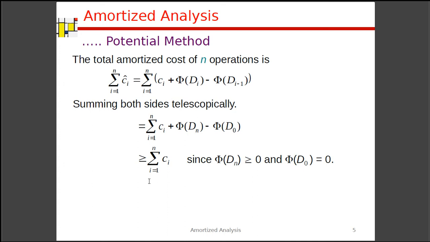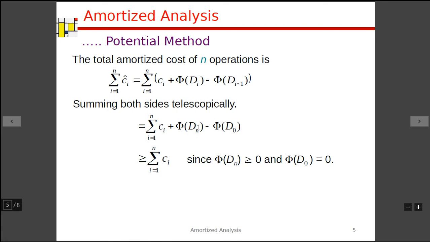How exactly does a bank conclude about the future of your account, or whenever a loan is getting approved, how exactly do they calculate the potential? So the total amortized cost of n operations is the summation of i equal to 1 to n of the amortized cost of i, which is the summation of i equal to 1 to n of the actual cost plus the remaining potential. Summing both sides telescopically gives the summation of i equal to 1 to n of cost of i plus phi of Dn